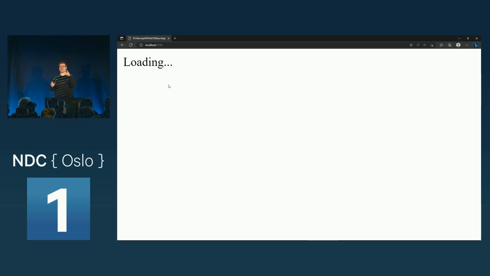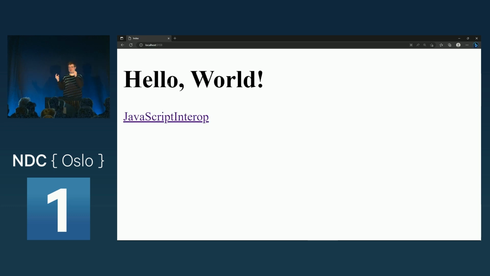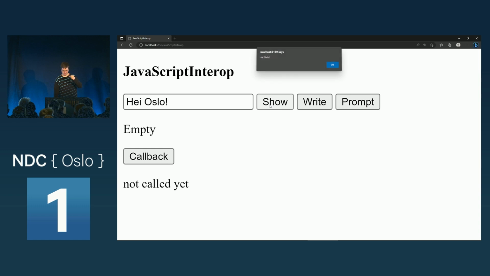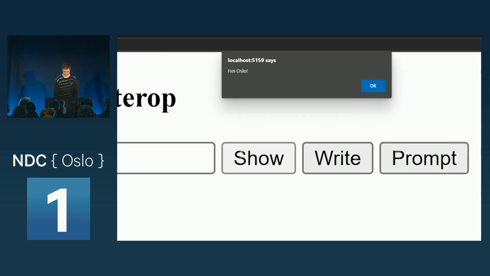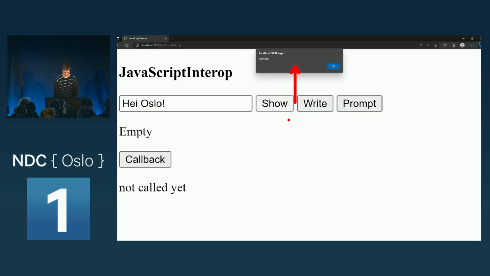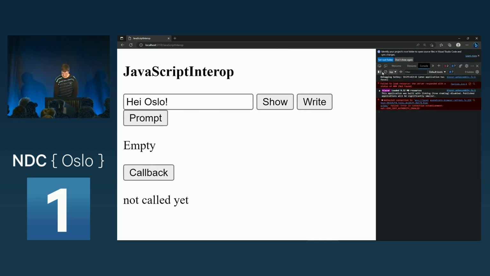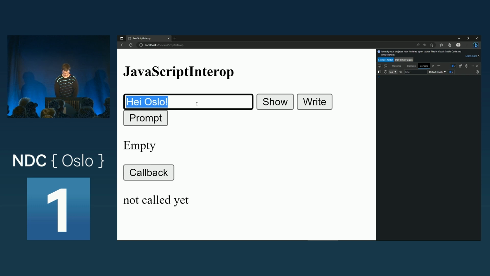So basically, it's now running, loading the WASM .NET runtime into the browser. We can go to our page and now have these wonderfully designed buttons. We can, let's say, hi Oslo. And we had a show, we now interop into the JavaScript, which puts this alert box into our browser. We can also write to the console. So let's clear our console here and say, I don't know, hello world. And we get it printed to the console